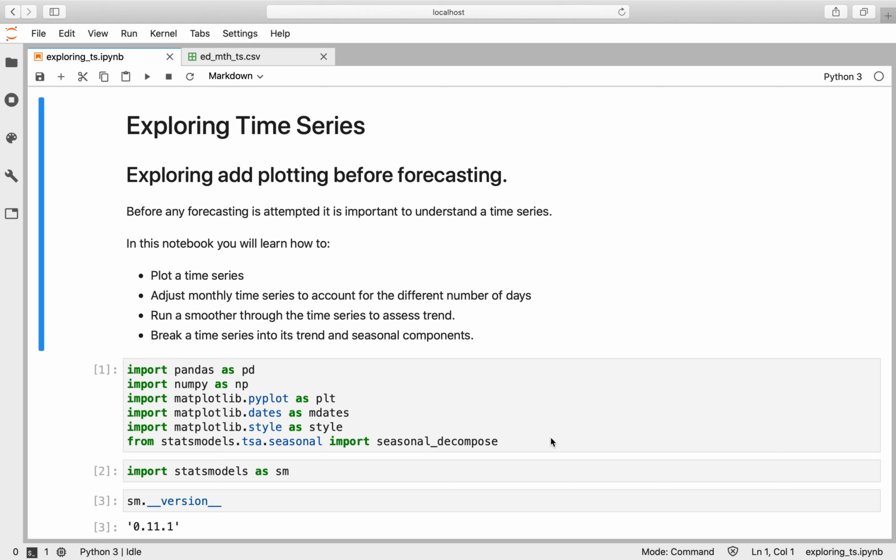Back. So before we get into the full forecasting process, we're going to learn how to explore a time series in Python. This notebook contains all the code that you will need to learn how to plot any time series. If that time series is at the monthly level, how to adjust the data so that you take account for the different number of days per month, because that adds some additional noise to the data that's easy to